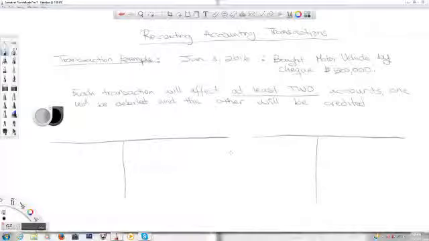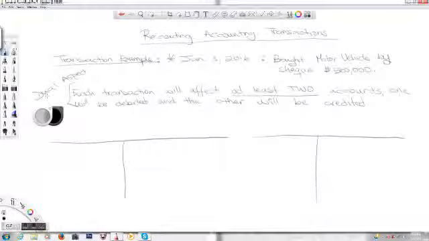Continuing on with our double entry, this is lesson 1. We're looking at a transaction example. Now, this example of a transaction we have right here says, on January 1, 2016, bought motor vehicle by check for $500,000. Now, this is the dual aspect concept,